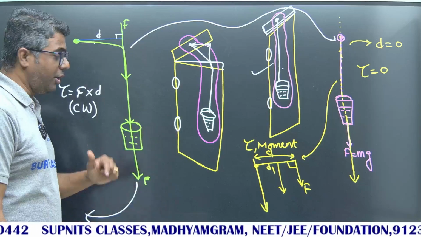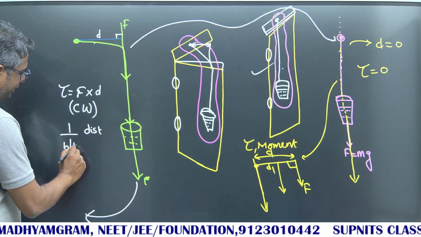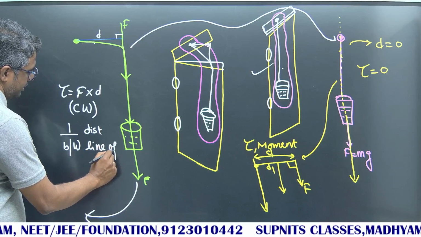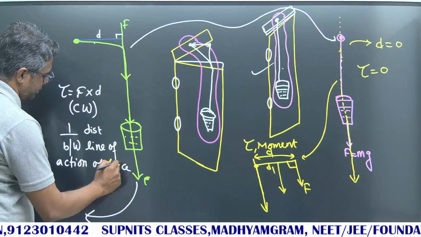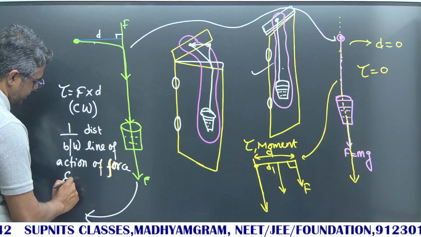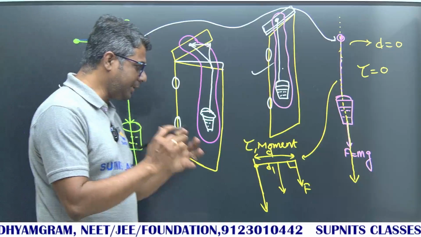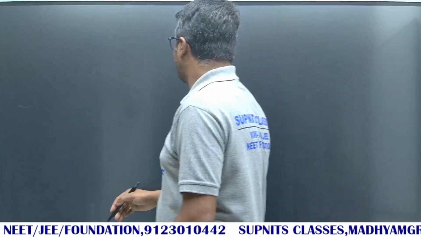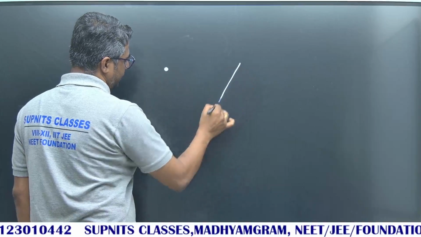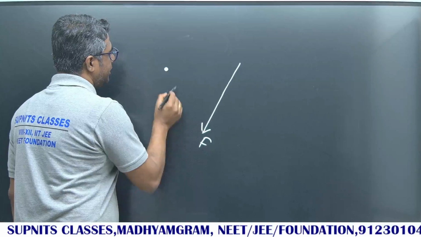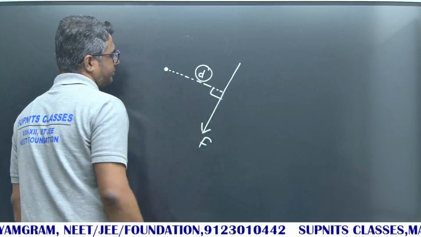Again, this is a problem on the perpendicular distance between the line of action of force and the pivot. This is the main criterion. What is the basic concept that is required for this one, which may be asked in other questions also? Very simple. If there is a pivot, and a force acting around it like this, from the pivot drop a perpendicular like this. This is your D. Okay, guys.